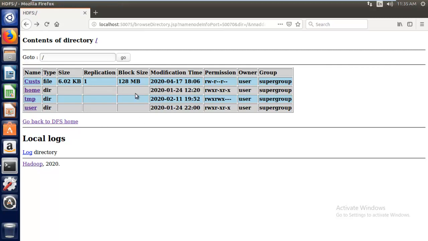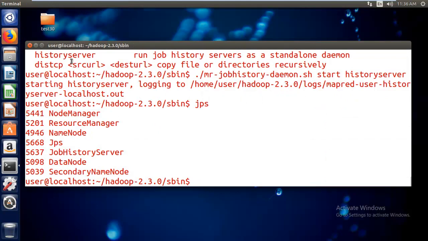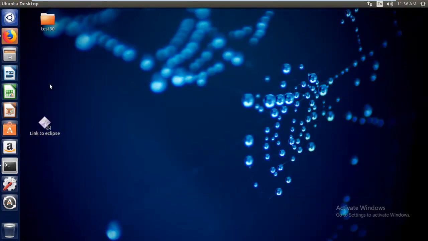This is the location where you can see your data node. Now we'll create a folder in HDFS and copy the files also. I'm talking about one principle: files are immutable. What do you mean by mutability and immutability? Once the file is in Hadoop, you cannot update it, but you can append to it. Appending is possible, but creating and updating is not possible once the file has been moved to Hadoop.